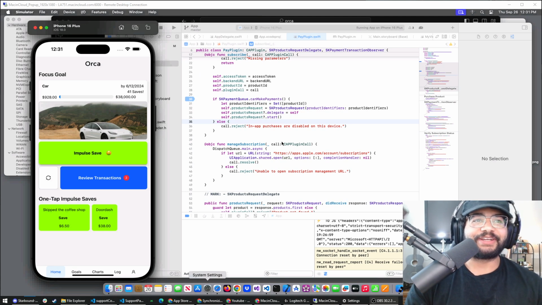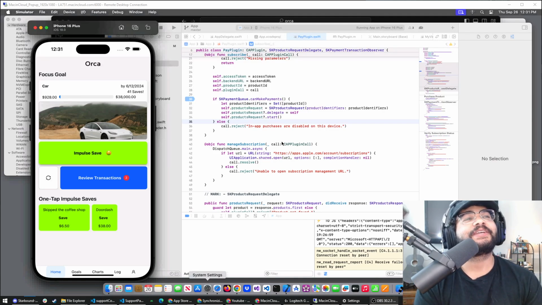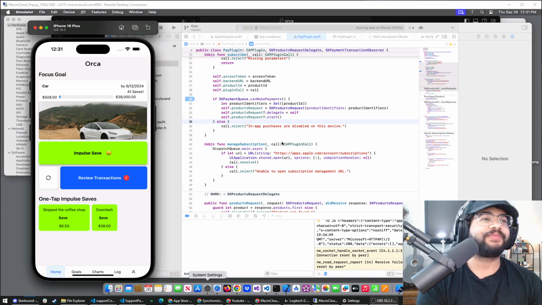Welcome and welcome back. So, last night I was able to get the iOS build working for Orica. It was pretty simple to implement. A couple things is that I'm using Capacitor with this, and so